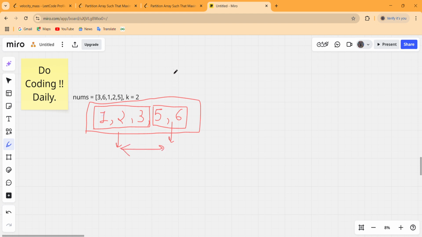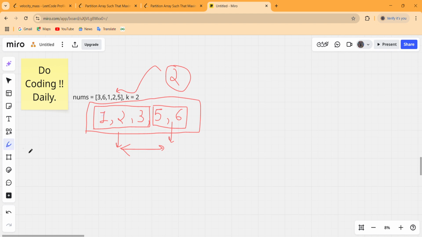Till now this 2 is the minimum possible number of subsequences that we can partition this array into. So we have to return this 2 and not that 3 and 6.